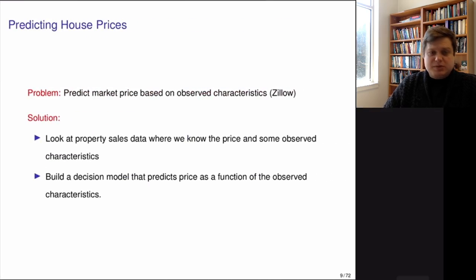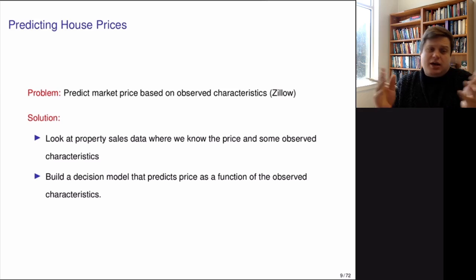All right, so let's look at a specific example, predicting the housing prices. The problem is to predict the price of a house based on the observed characteristics. So this is essentially a Zillow problem. And we will look at the property sales data, historical data, where we know the price. So we know for what price the house was sold. There was a transaction associated with that house. And then we take some observed characteristics about the house. And then we build a decision model that predicts the price for the house that hasn't been sold for a